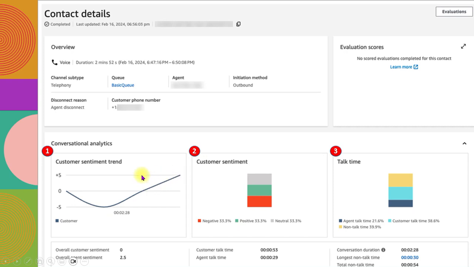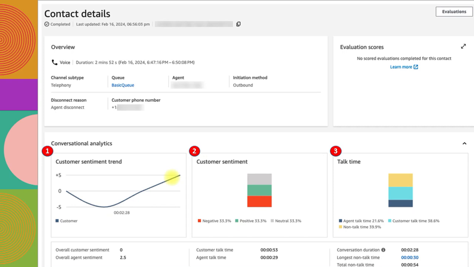So this is the overall sentiment, and you can see how the sentiment changes over time for the customer. Usually that's because the customer is upset when he gets on the phone. Initially, he's bothered by something. He has a problem, and then towards the end of the call,